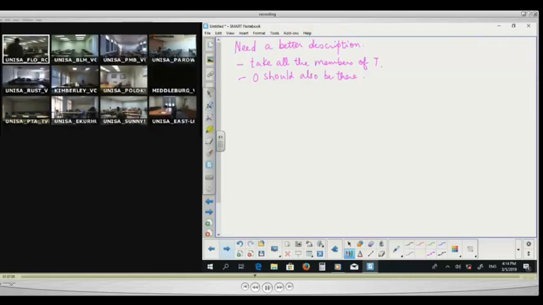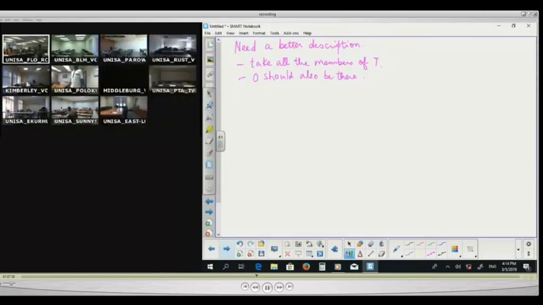Take members of T, say T1 and T2. T1 and T2 must be there. T1 plus T2 must be there. T1 plus 2T2 must be there. Okay? So lambda T1 plus mu T2 must be there. Right? Okay. So I take all the two things and their combinations. Why 2? If I take 3, the combinations must also be there. Right? So every